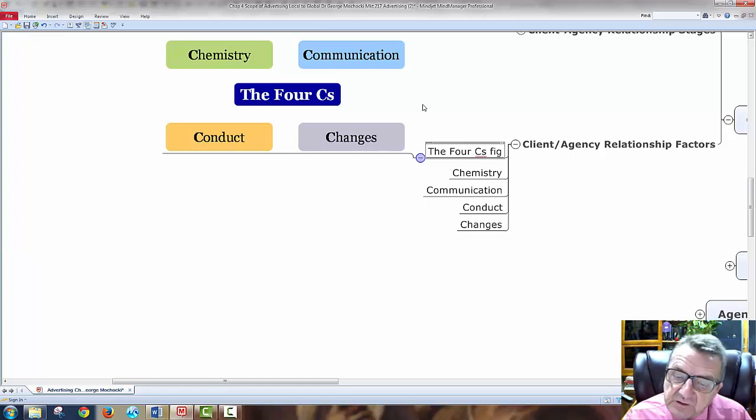But that's when you have to do it. For a small agency, look, we're going to give you 2 or 3 ads. We'll redo 1 or 2. But after that, you have to pay additional. Look at it this way, if I'm a realtor, they're going to show you houses. They find out about the chemistry, the communication, what you want, and changes. And also, you don't want to just be driven around 50 days over and over, and you're not buying anything.